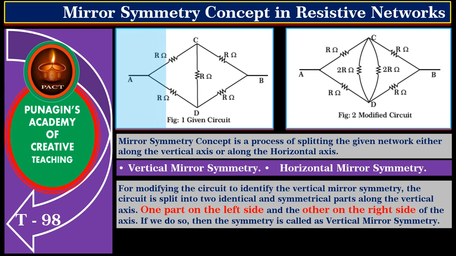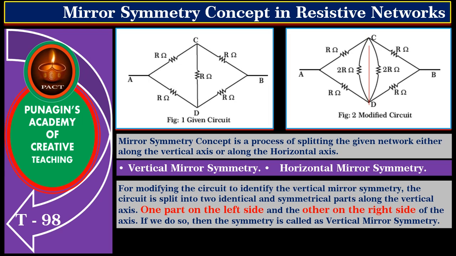The circuit shown in figure is split into two parts by splitting the resistance connected between C and D as shown in figure 2. Note the resistance of R ohms across C and D is split into two resistances of 2R ohm each in parallel so that the resultant is R ohm again. Meaning, the given circuit is split into two parts without disturbing the property of the given circuit. This you have to note.